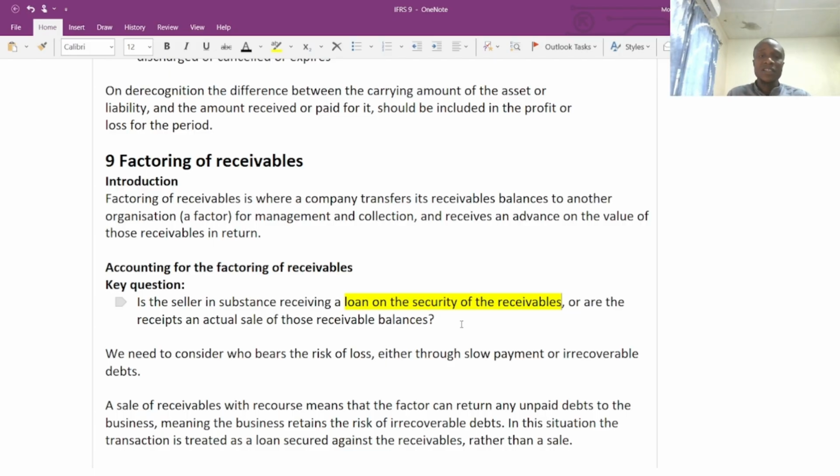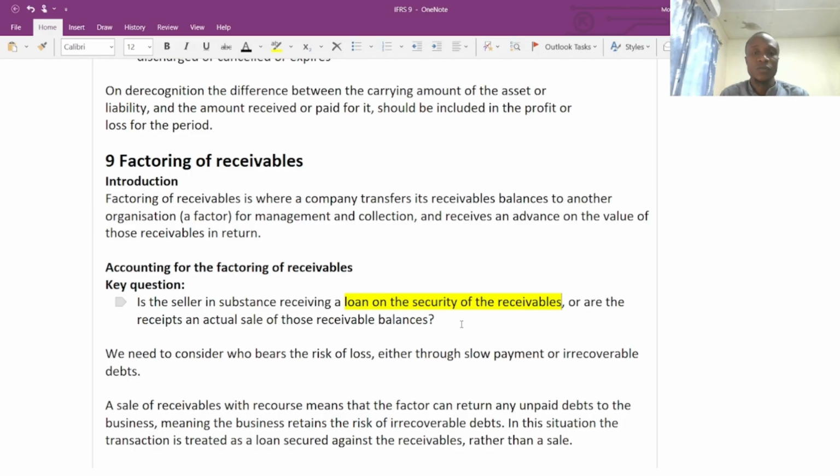Or are the receipts actual sales of those receivable balances? It is possible that within the arrangement, we made it clear that the $15,000 worth of receivable balance, you're going to manage it and you're going to collect it. If there's any default, it will be the responsibility of the factor. If any receivable did not pay their balances, the bad debt will be at the expense of the factor,